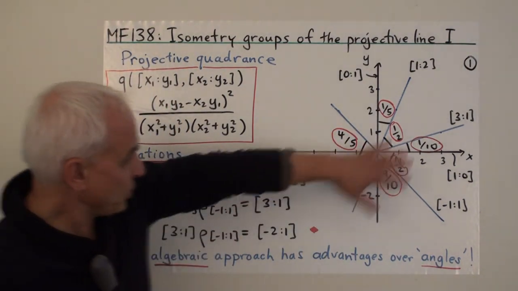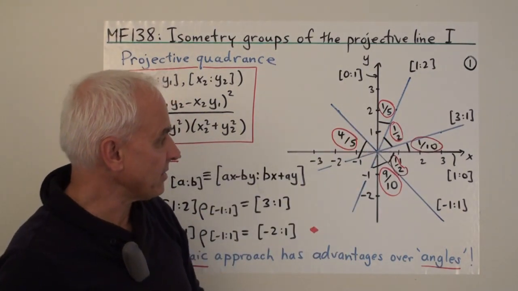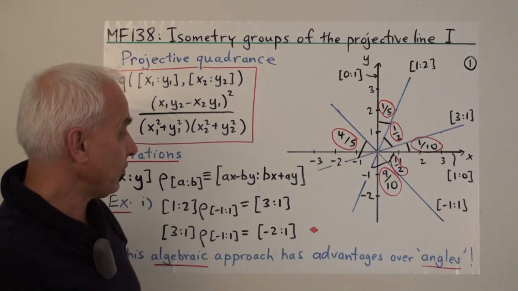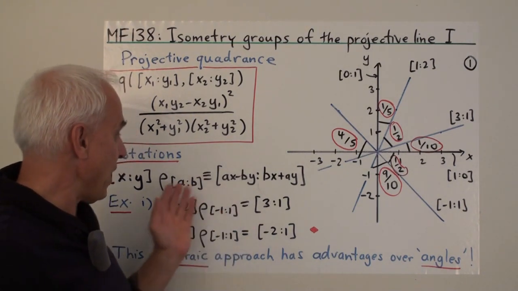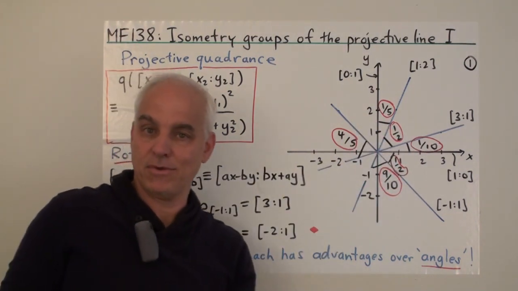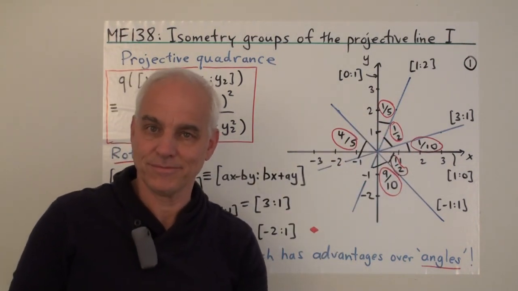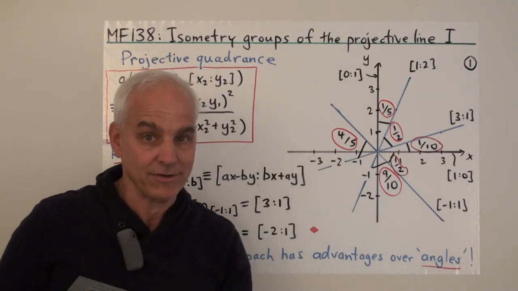So you can check my calculations here. There are some other quadrances you might like to calculate, and you might experiment a little bit just to make sure that you understand how these rotations work and that they really do behave like you would imagine rotations do. They're physically rotations, but there are no angles involved anywhere in sight.